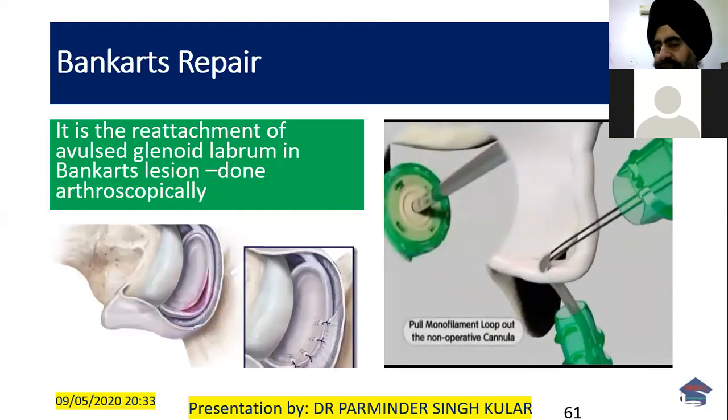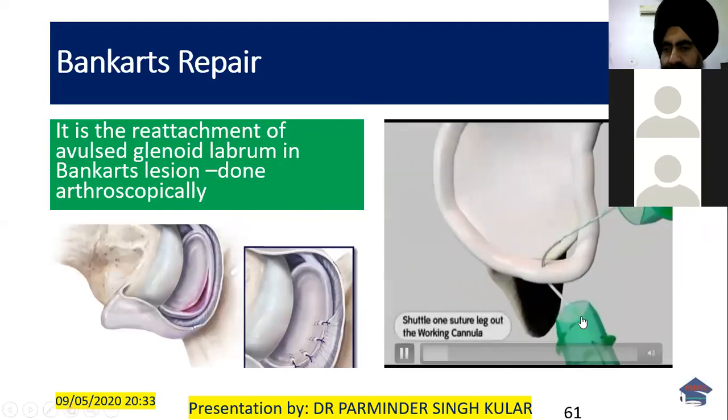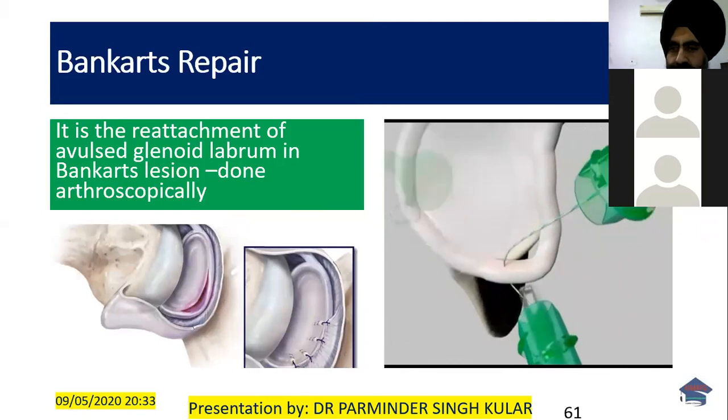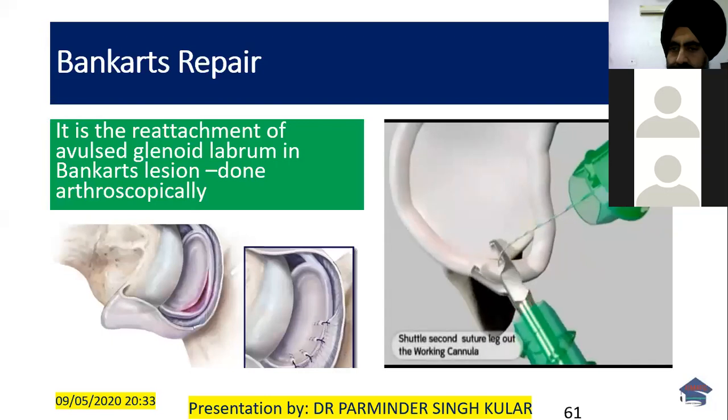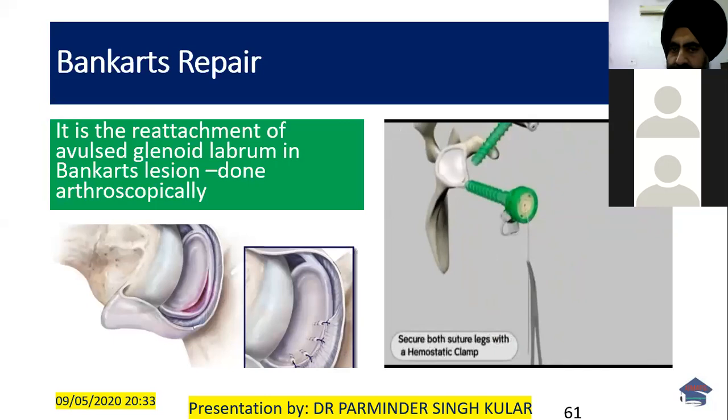Small video of how it is repaired. So the lasso is passed, the shuttling device, leaving the monofilament suture tails exiting from the operative cannula. Pass approximately 4 inches of one limb of the ultrabraid suture through the loop end. Shuttle the suture through the tissue by pulling the monofilament tails away from the working cannula. Once the suture limb has been retrieved outside the cannula, discard the monofilament. Using a grasper, retrieve the other ultrabraid suture limb from the non-operative cannula and move it out the working cannula. Clamp with a hemostat to prevent slippage.